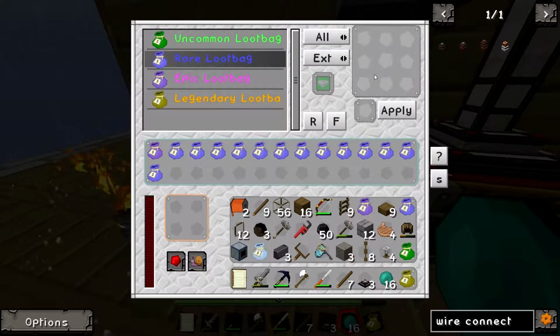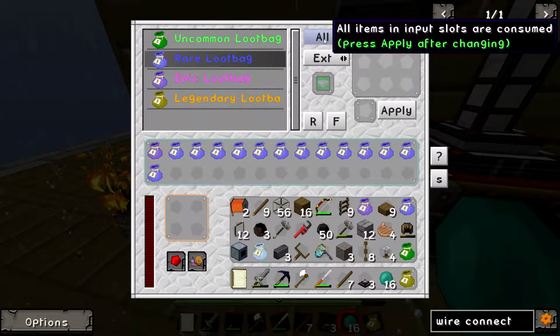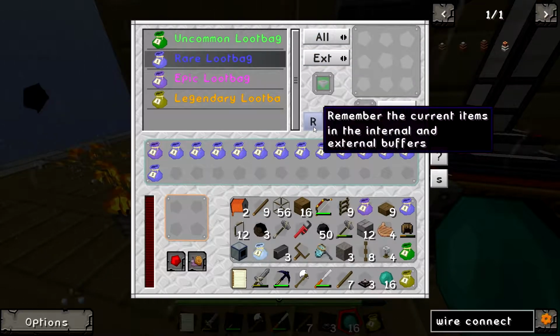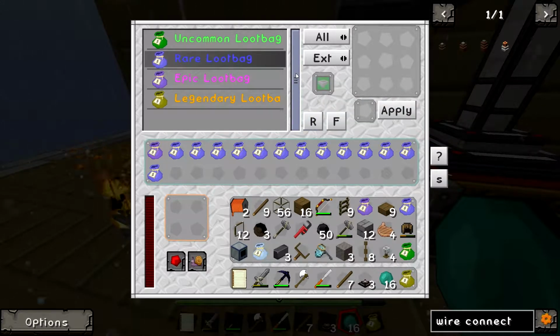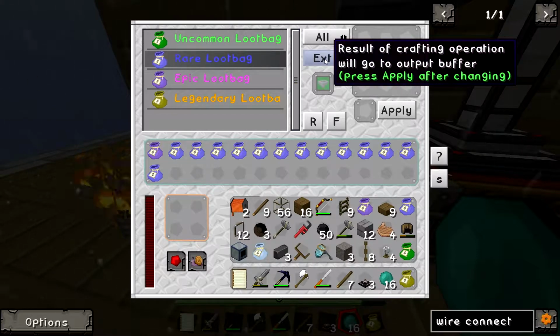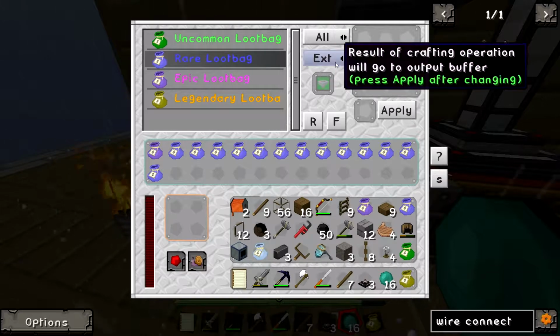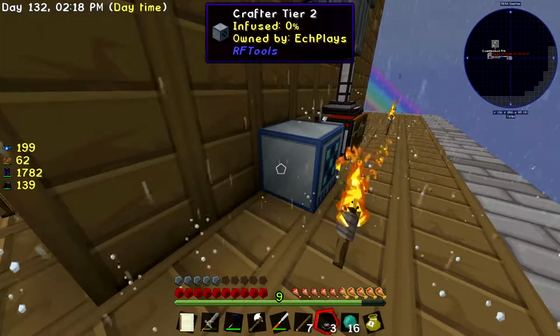I think there's an option. I remember current items. Forget the remember layout. Remember the current items in the internal and external buffers. I don't know what that means. Result of crafting operation will go to output buffer. I think what we need now is